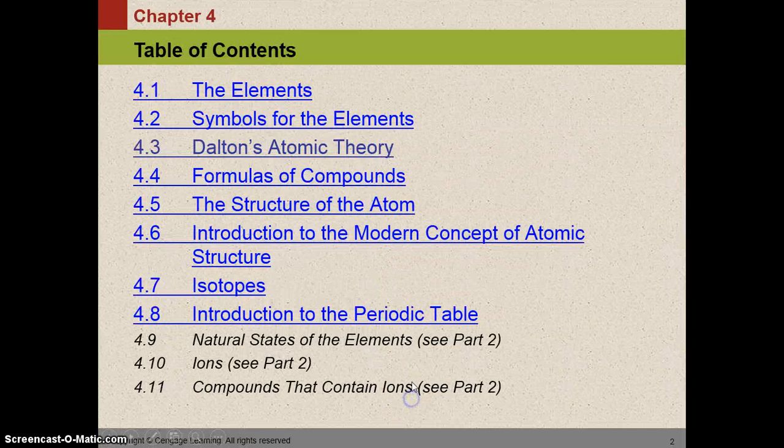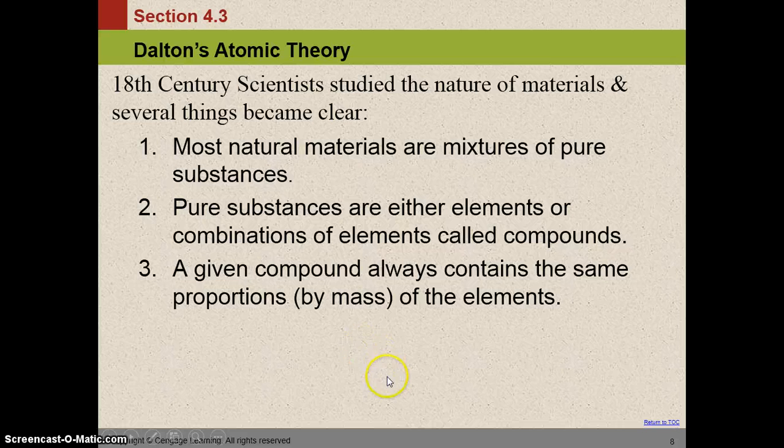In Chapter 4 today, we're going to take a look at 4.3, which is Dalton's atomic theory, and 4.4, which is formulas of compounds. We're going to begin with how Dalton's atomic theory came about. In the 18th century, scientists studied the nature of materials, and several things became clear, some common denominators among materials